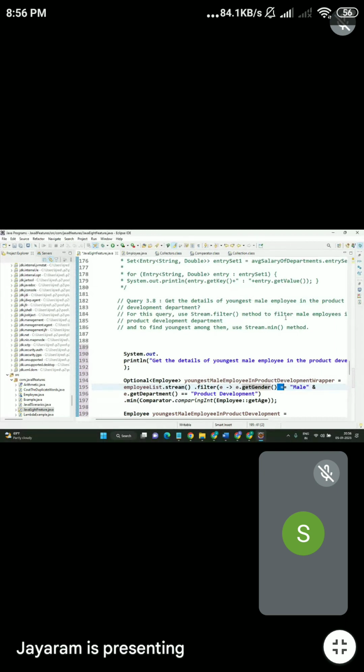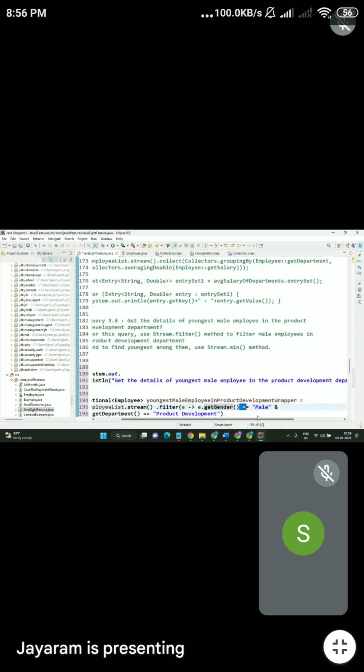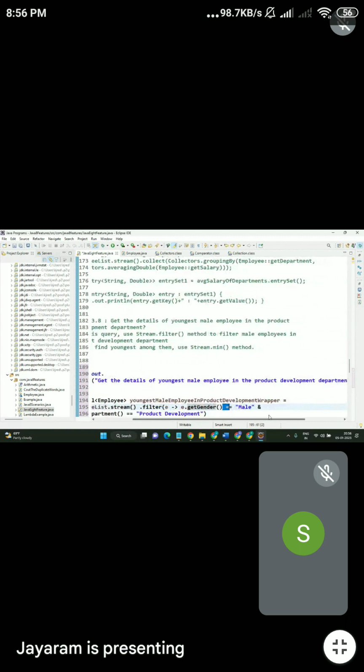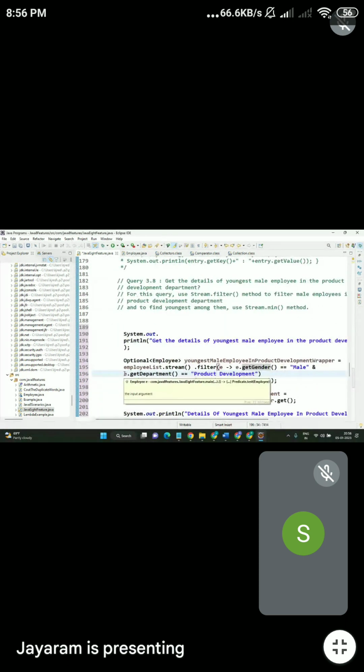Here what they asked is to get the details of the youngest male employee in the product development department. That's the reason we are passing male here, and it is going to check whether the gender belongs to male, and the department equals to